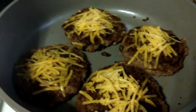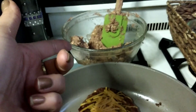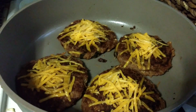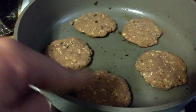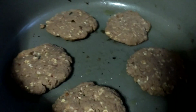Okay, so we put some cheese. They're almost done. We still have more. So maybe that will make 2 or 3 more. I'm going to make them a little smaller, so maybe 3 more, so that they cook a little faster. And then, yeah, there we go. Wow. Okay, so now we're making little patties. We have our big patties. And quite frankly,